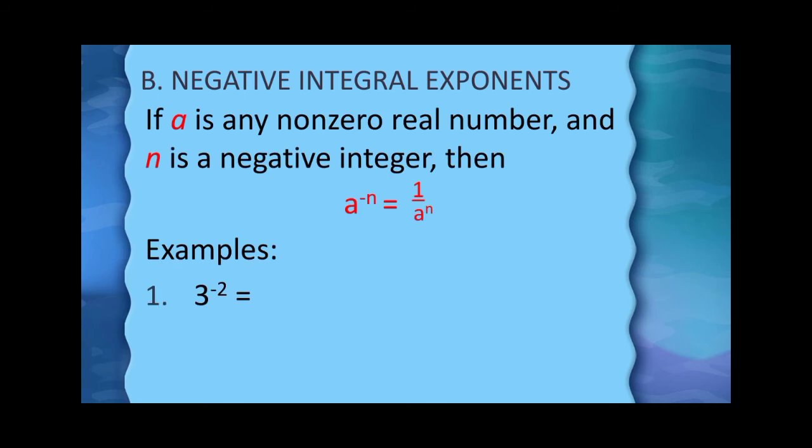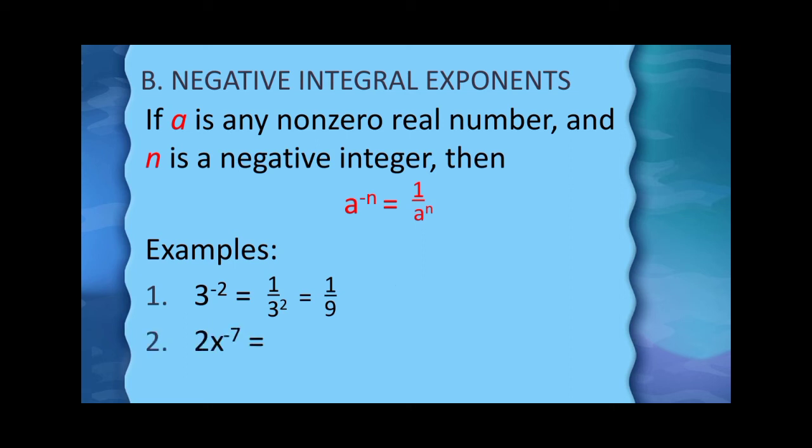For example, 3 is raised to negative 2. To make it positive, get the reciprocal of 3 raised to negative 2. So we have now 1 over 3 raised to 2. Then, get the value of the power 3 squared, and that is equal now to 1 over 9. Second example,